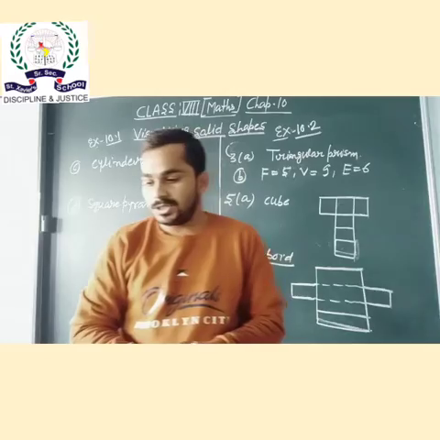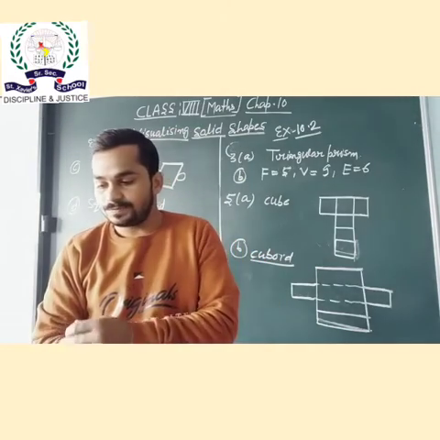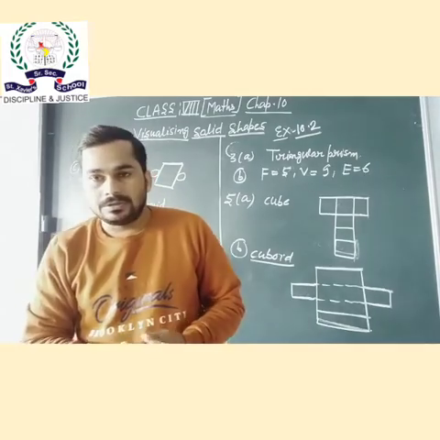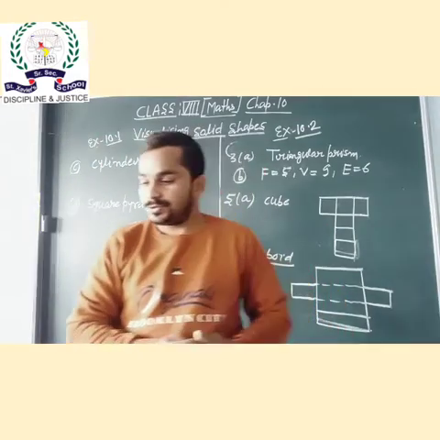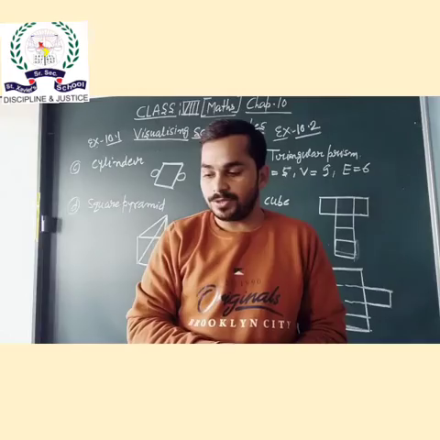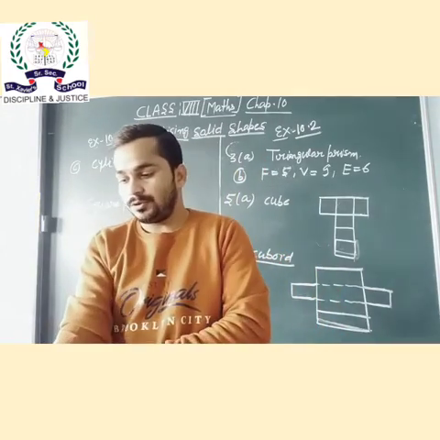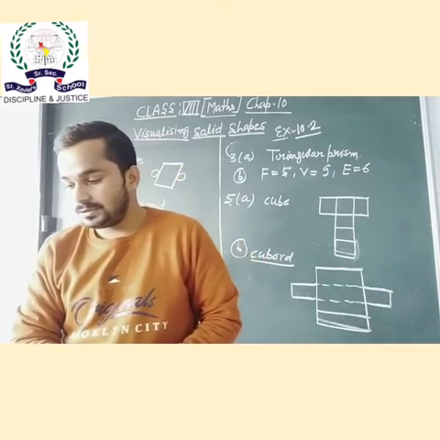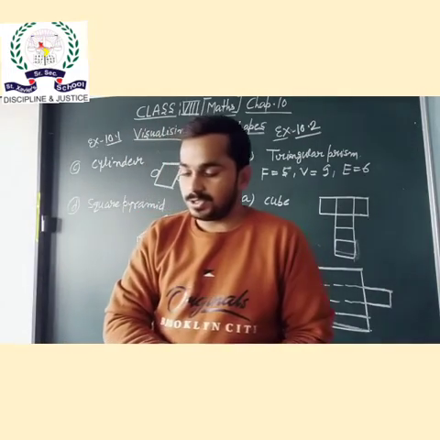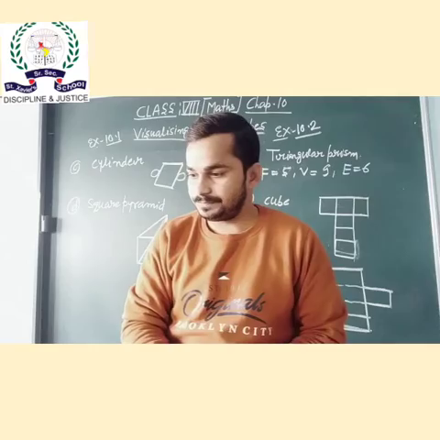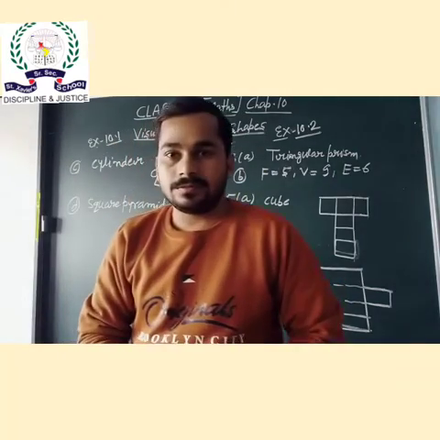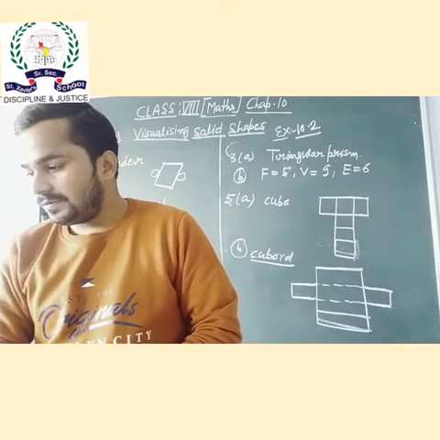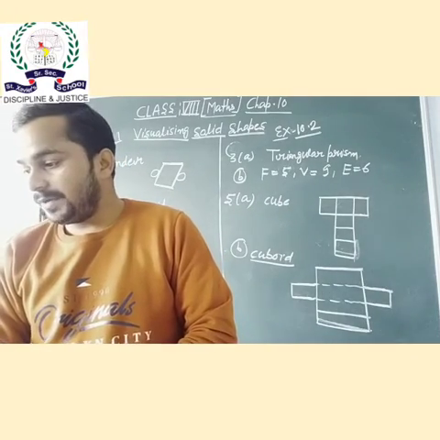Question number 6, draw the oblique sketch of the following shapes: a triangular prism, a rectangular pyramid, and a hexagonal prism. You have to draw the figures by yourself. Question number 7, draw the isometric sketch of a cuboid of 6 by 4 by 3 dimensions. You have to draw the figures of the given dimensions. Then the topic viewing of 3D shapes. Different positions are given.